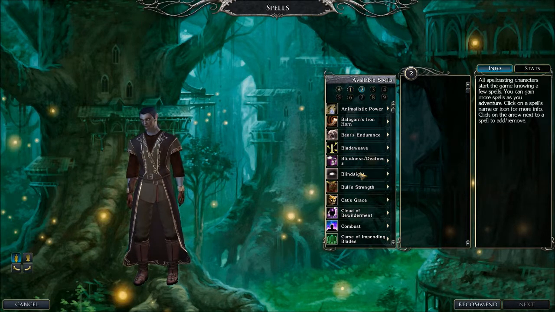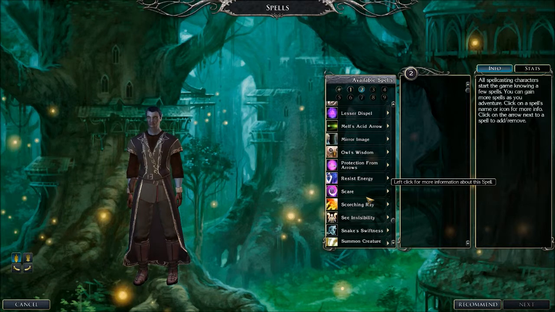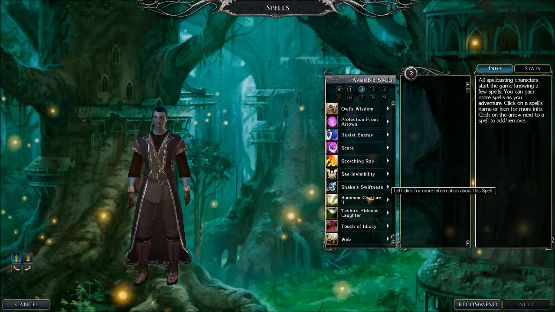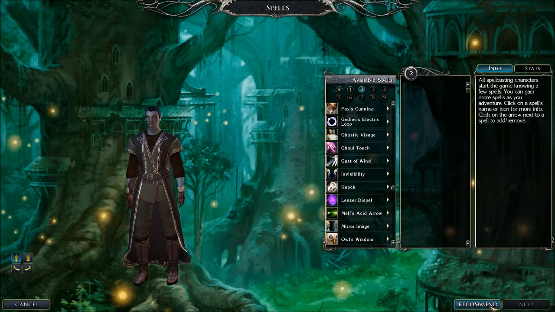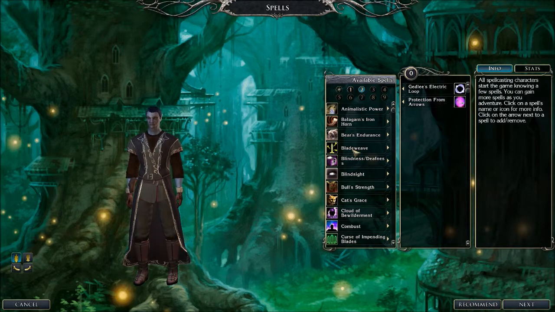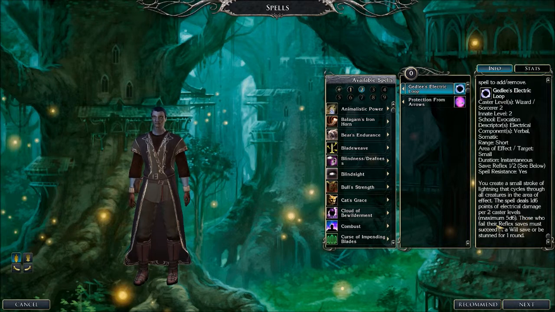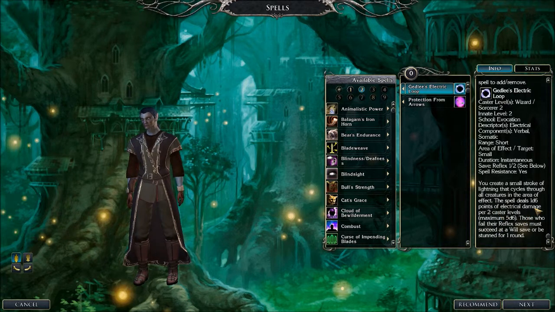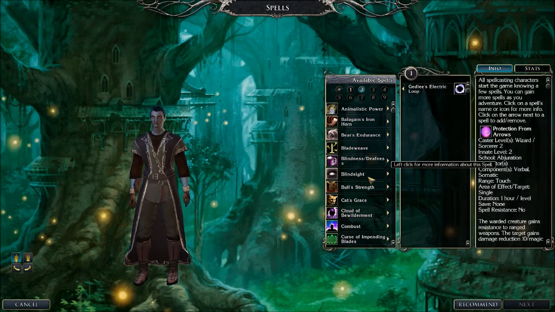And level 2 spells. Got a whole bunch to pick from here. Melf's Acid Arrow is always a good one. Web's probably a good one. What do they recommend anyways? Gedley's, that's actually a good one. Spell deals 1 to 6 points of electrical damage per 2 caster levels. Area of effect spell, protection from arrows, that's probably not a bad one either, but